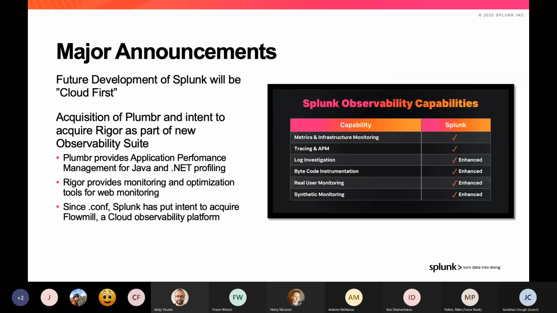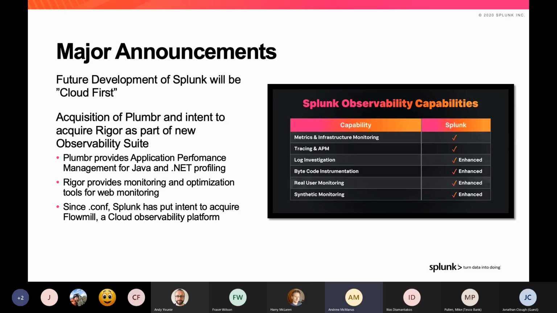And there were a number of major announcements at the conference. First, one of the major ones appeared to be Splunk's new cloud-first approach, where they will develop all the brand new features for Splunk Cloud first, and then distribute it to Enterprise and on-premises